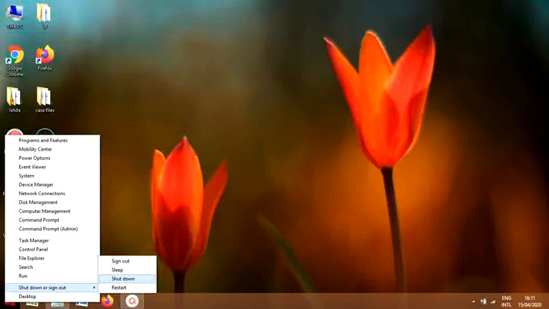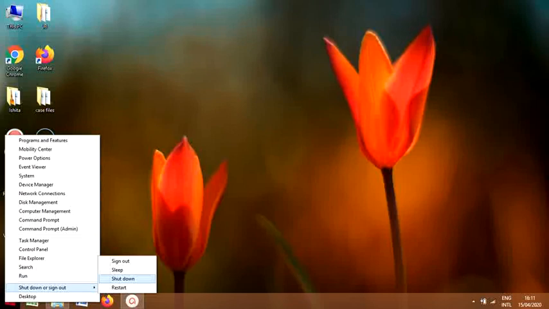Here is an image to help you understand better. This is a screenshot of my desktop. Here I have done a right click on the mouse on my start menu, and I got the series of options beginning with programs and features and coming down to search, run, shutdown and desktop.